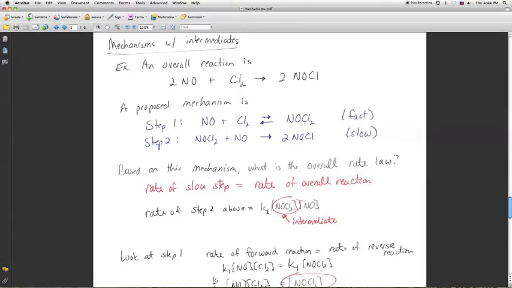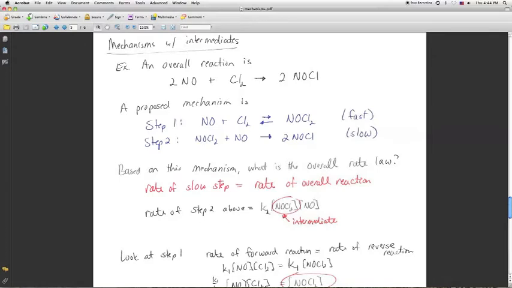But you can see that in this particular example, I didn't circle it, but again we have an intermediate substance, this NOCl2, which is immediately consumed in the next step. So now we're going to see what we can figure out about this mechanism. And the question that we're trying to answer is, if we look at the mechanism, what is the overall rate law? You can actually figure this out because of the idea that the slow step rate should be the rate